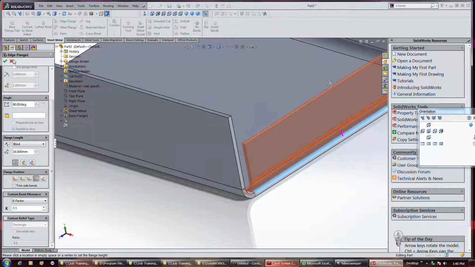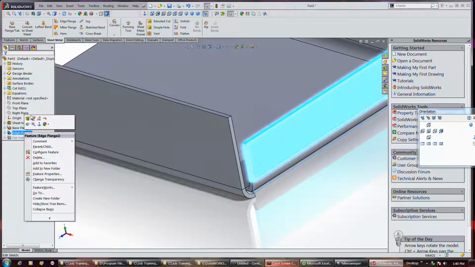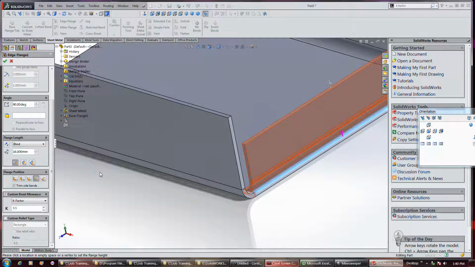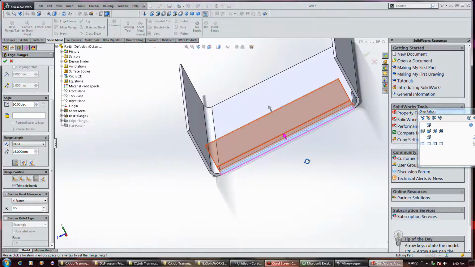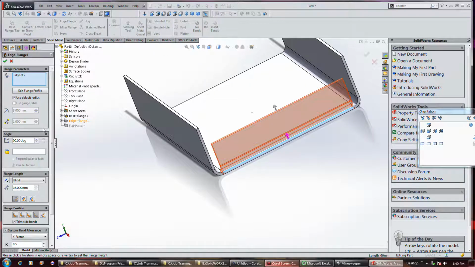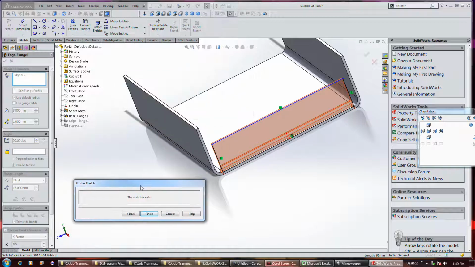And of course, if I don't want to trim the side bends, I can do it that way, and it just straight out tears it. But I'm going to leave things basically this way. What I'm going to do is go in and edit the profile. Now this thing pops up telling you the sketch is valid,